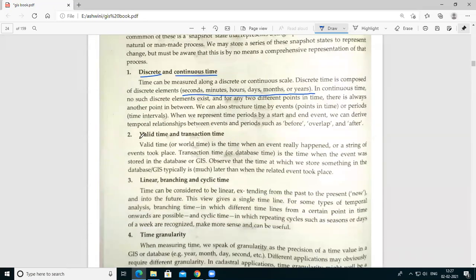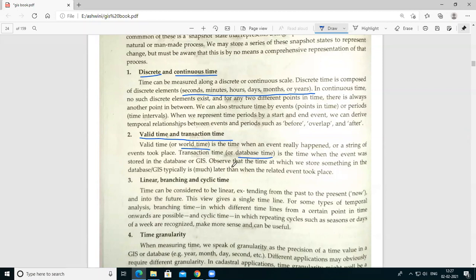Then the other one is valid time and transaction time. So valid time, also called world time, is the time when an event really happened or a string of events took place. And transaction time, also called database time, is the time when the event was stored in the database or GIS.